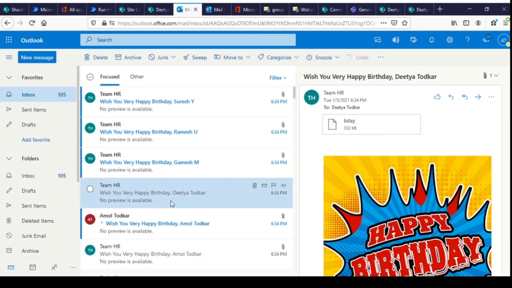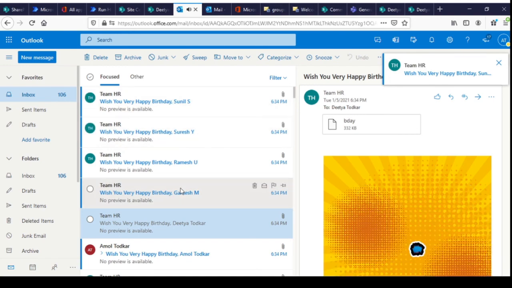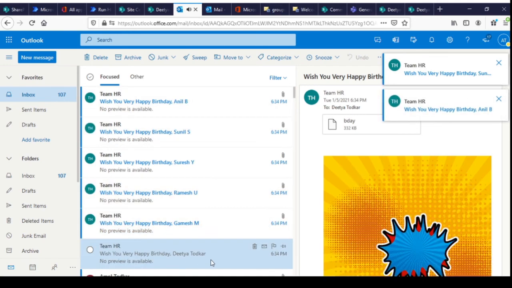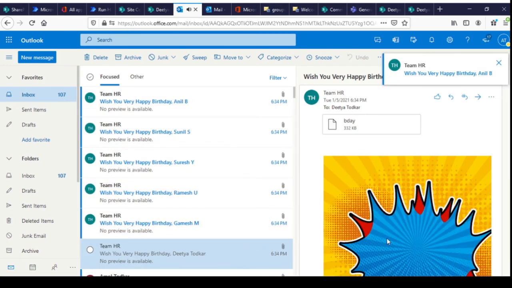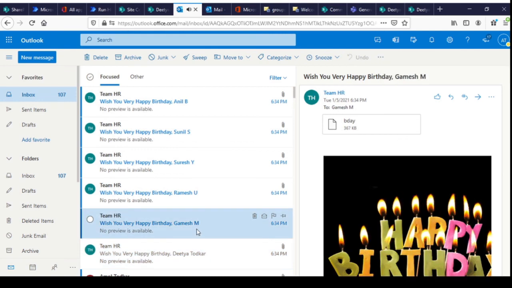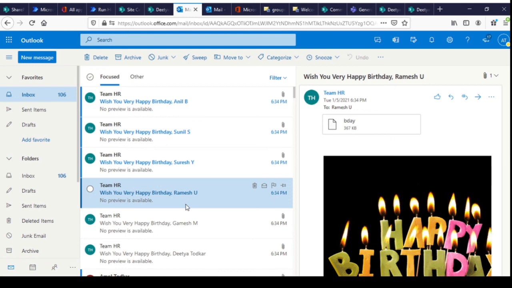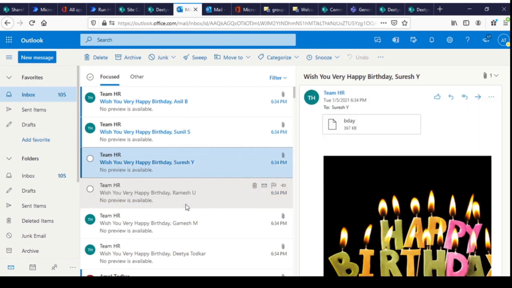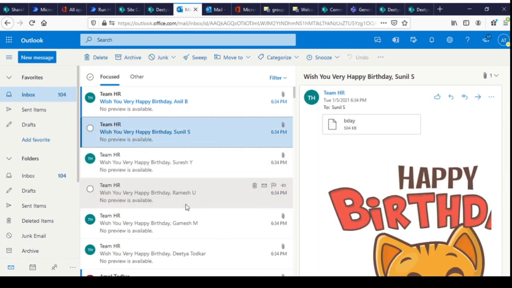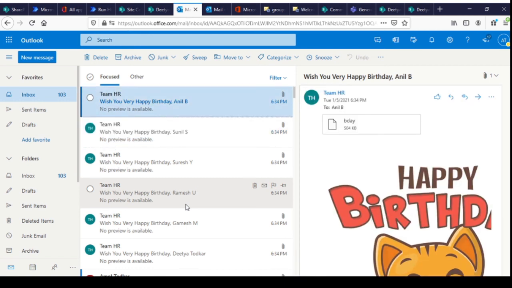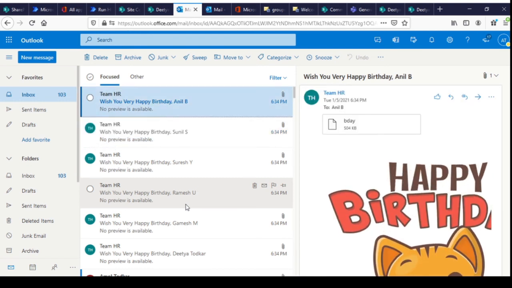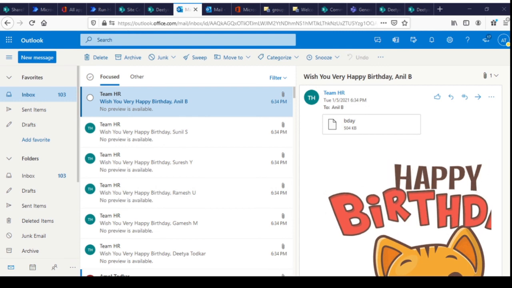Maybe the image is corrupted. I will correct it. This is another different employee having this image. This is another different employee having this image. This is repeat, different image. That's it, guys.